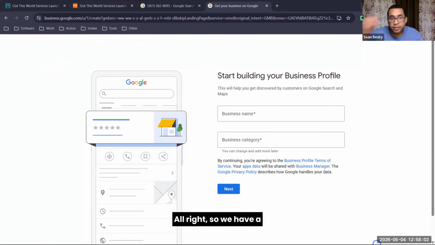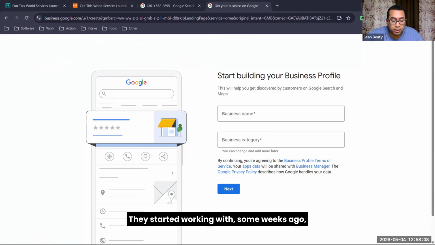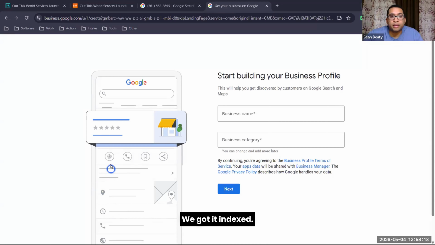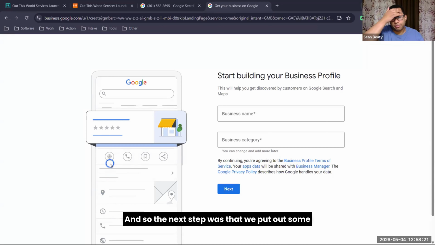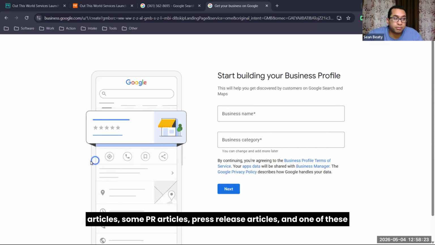Okay, cool. All right. So we have a business here that I'm working with. They started working with us a couple weeks ago, maybe last week, something like that. Anyways, I created them a website, uploaded it to Google Search Console, and we got it indexed. And so the next step was that we put out some articles, some press release articles, and